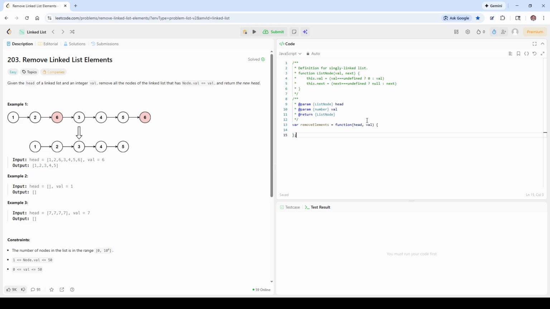Alright guys, this one is going to be on linked list 203, remove linked list elements. So basically what they're asking us to do is they give us a head that's the start of a linked list, and they want us to remove all vals specified with the val parameter. In this case, the val parameter was set to 6, so we need to take our linked list and